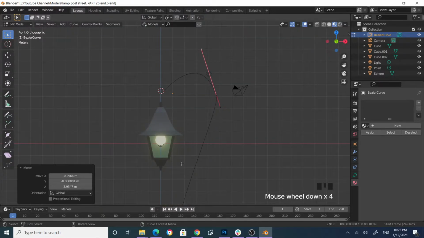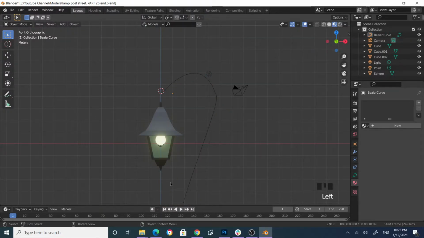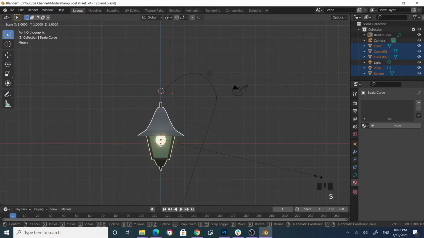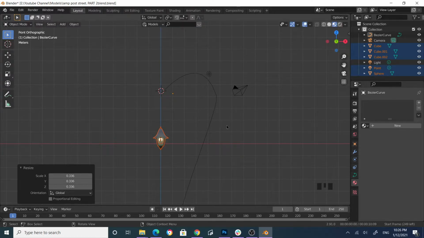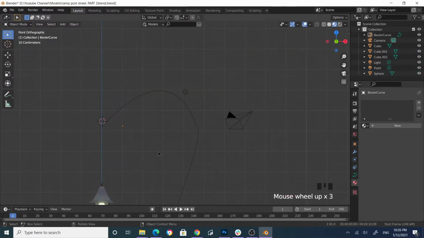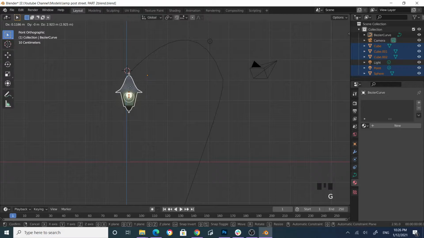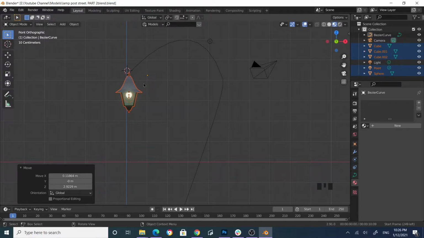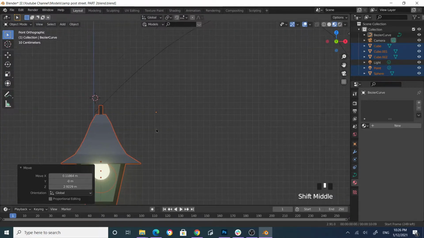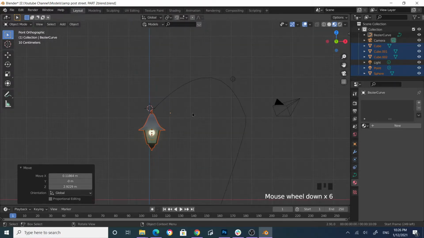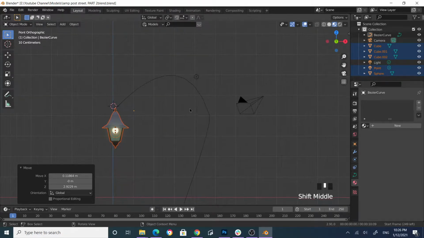I believe we might need to select all these and then scale to make it more appealing. Grab, place it right under the curve. Yeah, we can adjust that one later, but for now let's focus on